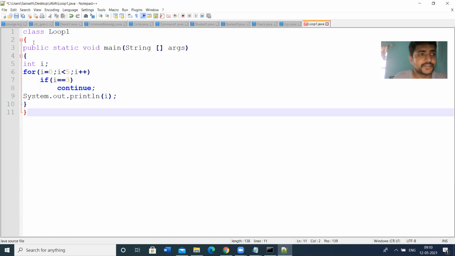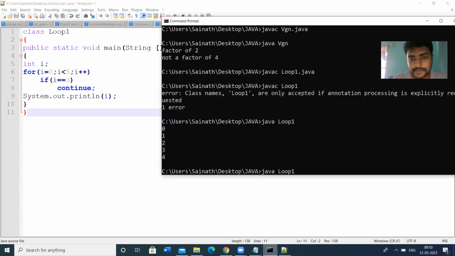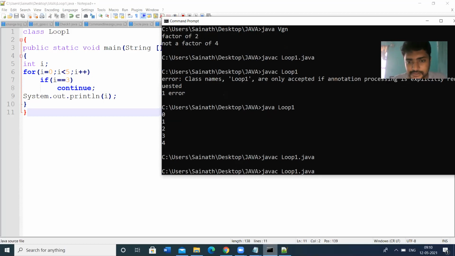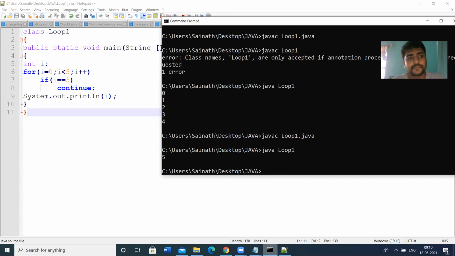So let me save this. Then I'm compiling. So no errors. Java loop1. So only 5 is printed. Only 5 is printed.